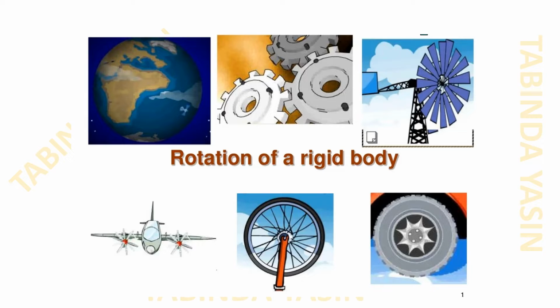In this picture you can see different objects which are circular and spherical, and they can rotate, so these are rigid bodies which have a rotation. So discussing the rotation of a rigid body, moving to